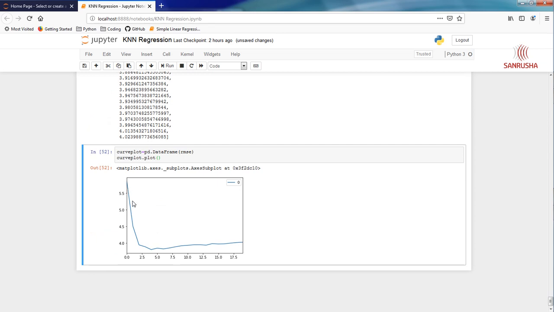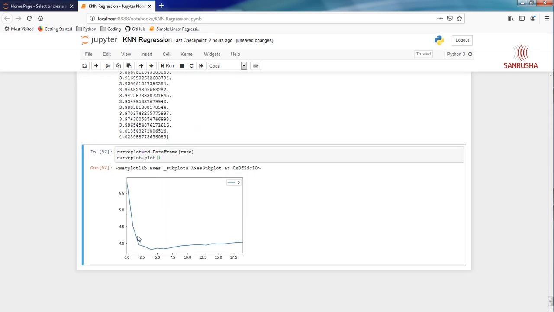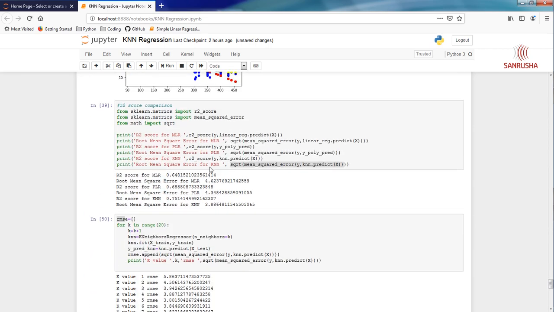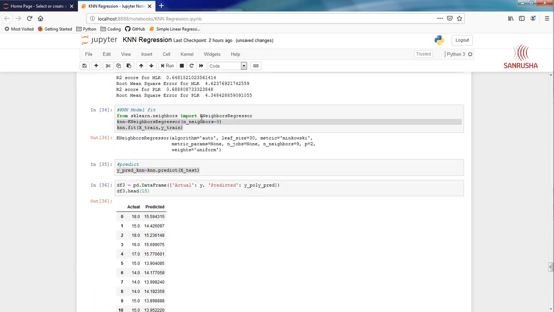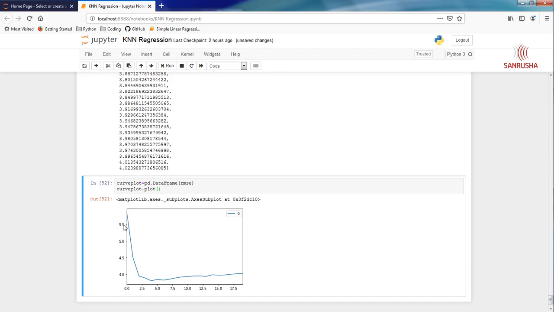Here you go. It started with more than 5.5 here, 5.8, right? Kept going down with the k value from 2.5 goes down, and then after about 8 or 9 it increases again, right? So you can choose either 8 or 9, and that's the optimal value for this. I went for 9. So that's how you get the optimal value for k to use in the KNN algorithm.